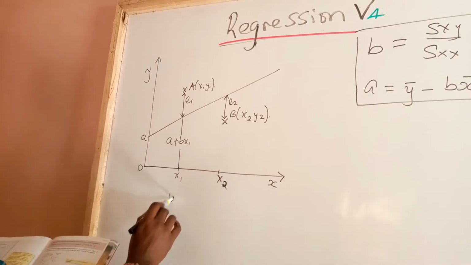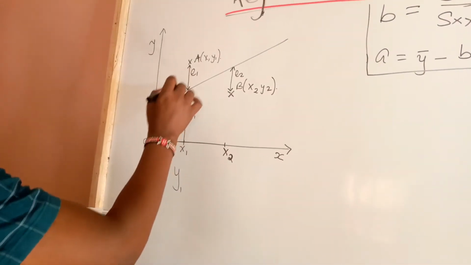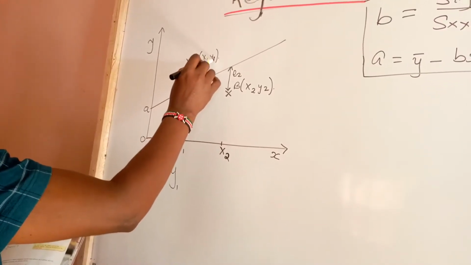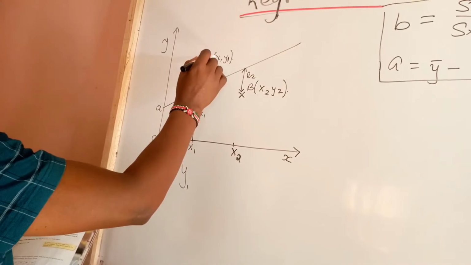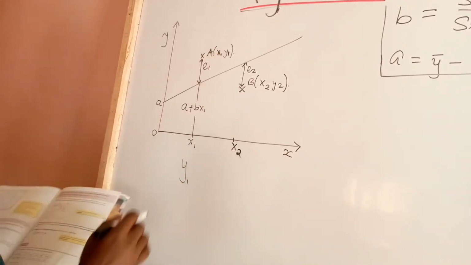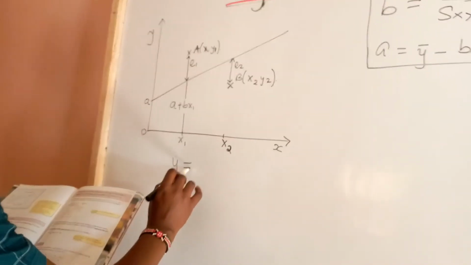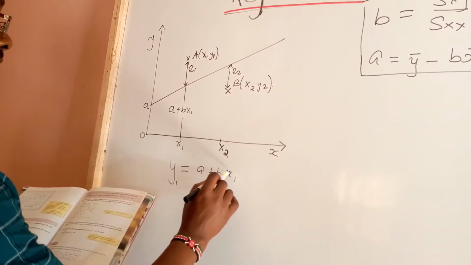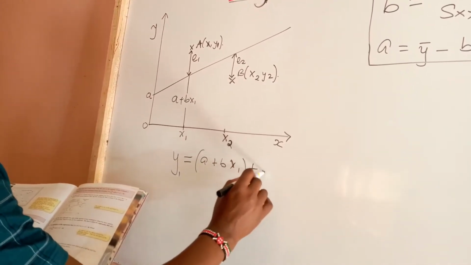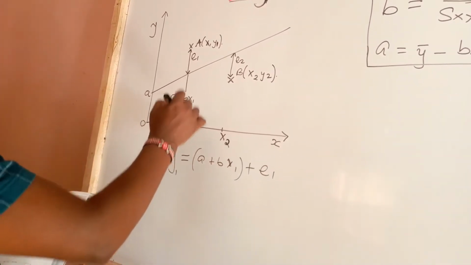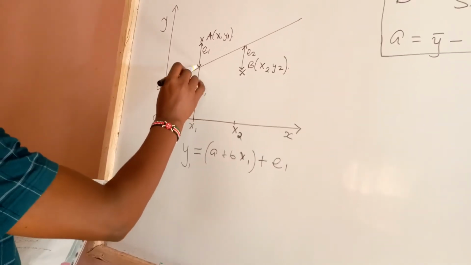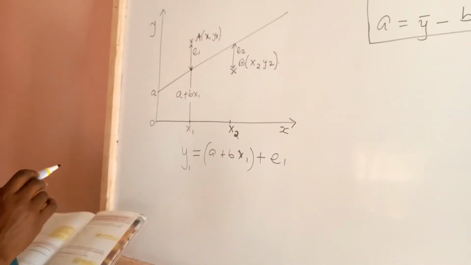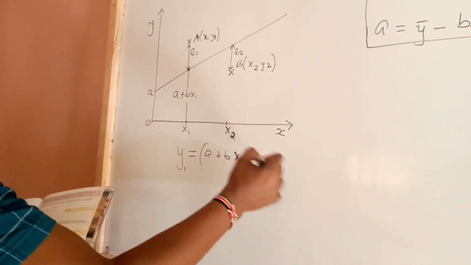Point A has coordinates x1, y1, so y1 can be expressed as y1 = a + bx1 + e1. a + bx1 will only give us up to that point, because that is where our straight line is. So e1 is called the residue,